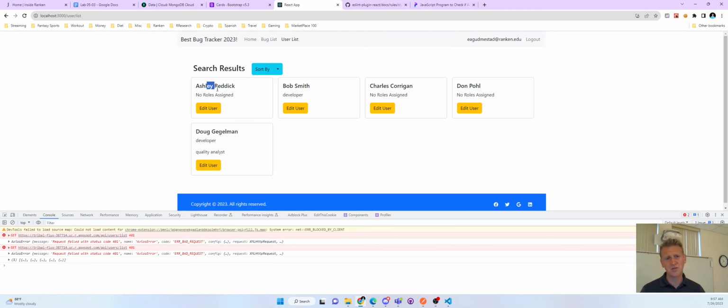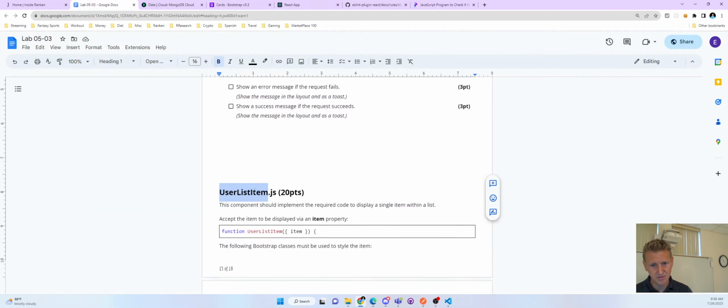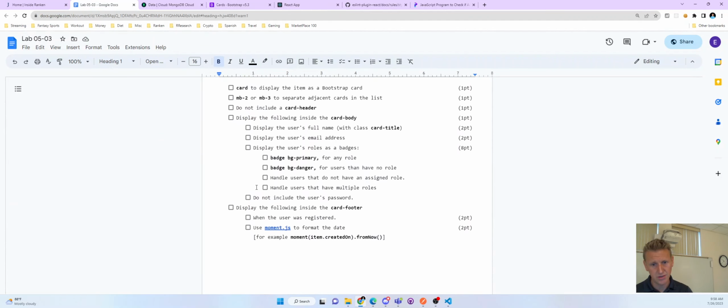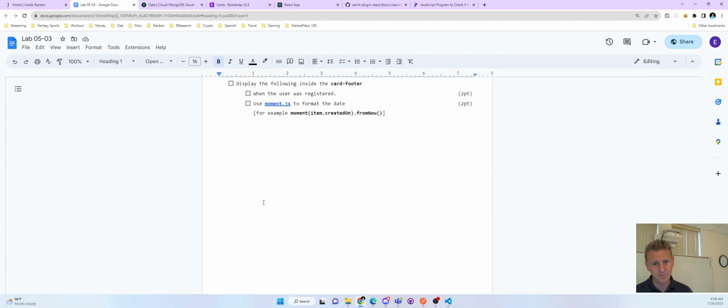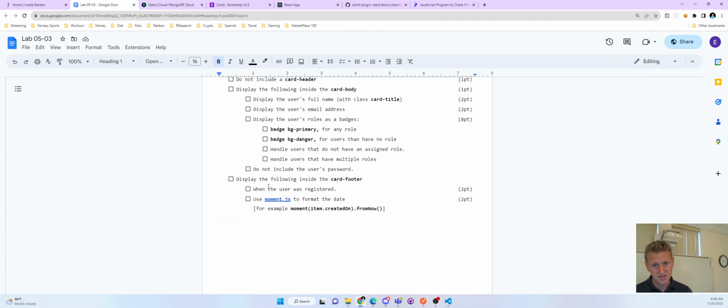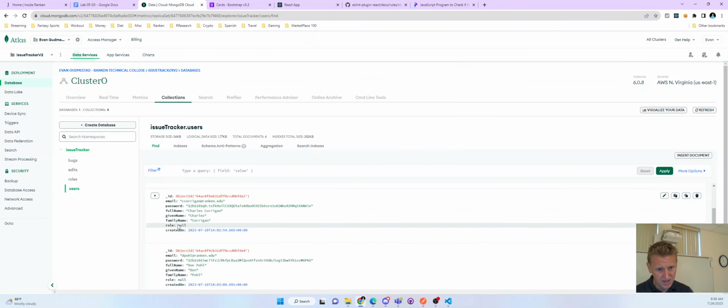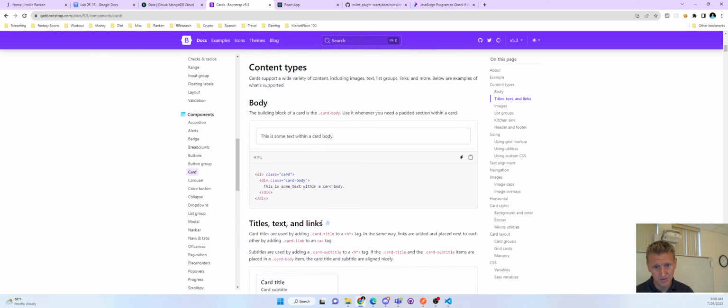Okay, so we got a user and we got no roles assigned. What else is there for the user that we can maybe show? Let's see, when the user was registered. So inside the card footer, display when the user was registered. So here we have a created on. So in the card footer,